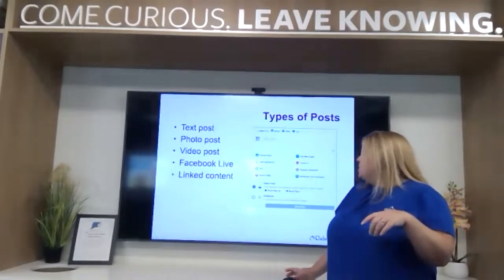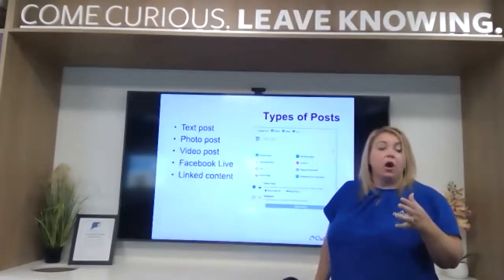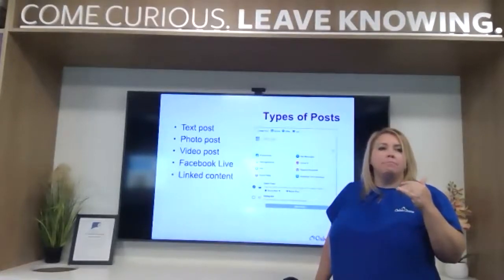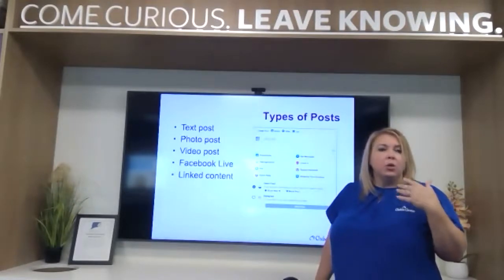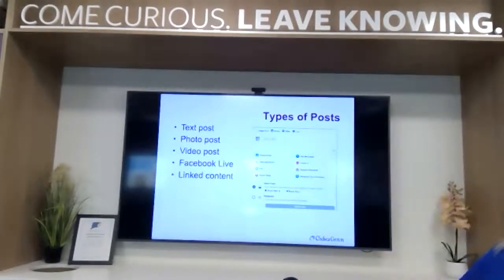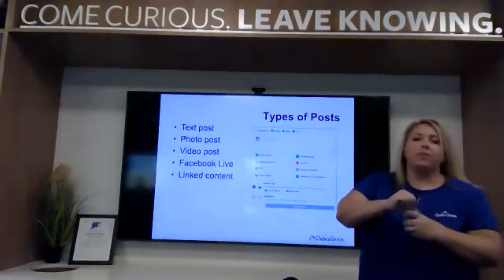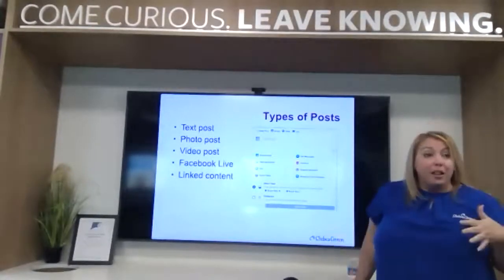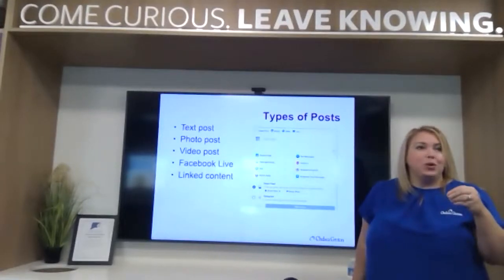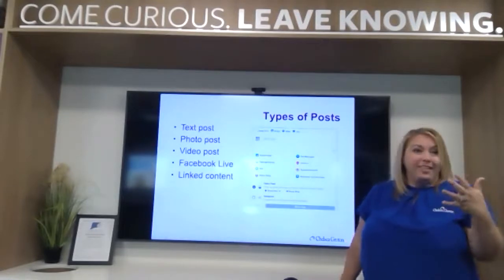Linked content. So if you're a roofing company and you see a really great article about how leaving a tree overhanging your roof will lead to a shorter roof life, then you may want to share that content with your followers because you'll want them to remove overhanging limbs from their roofs so that they can have a longer roof life.